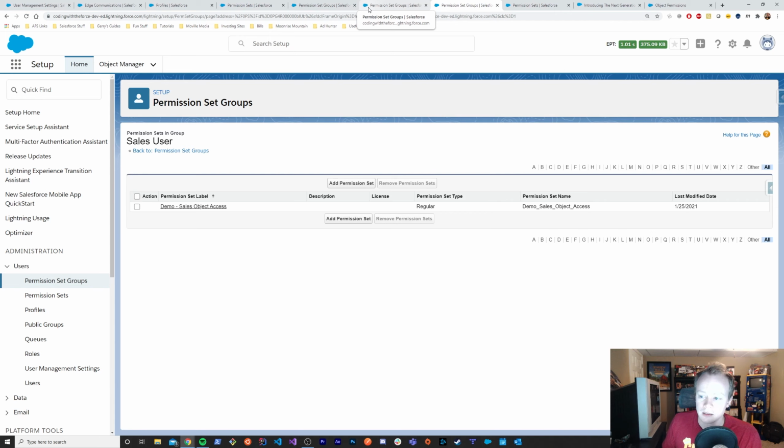So as you can see, it's kind of like if you're a developer modularizing your code. You're able to modularize your permissions into these nice compact forms and then just reuse them wherever you need them. What you'll see in a lot of orgs historically is they end up growing and then they make 50 or 60 profiles. And then what happens when you decide that we should take away 6 fields on this particular object